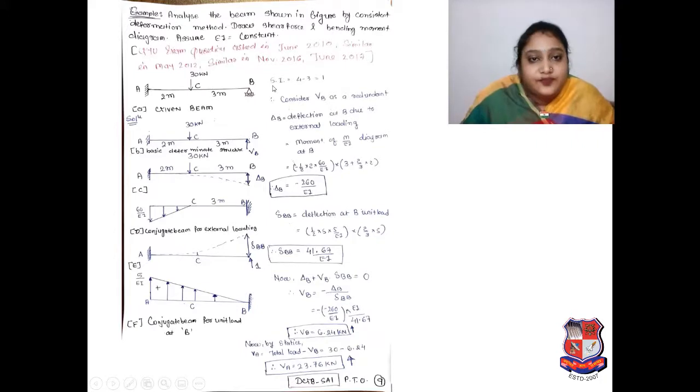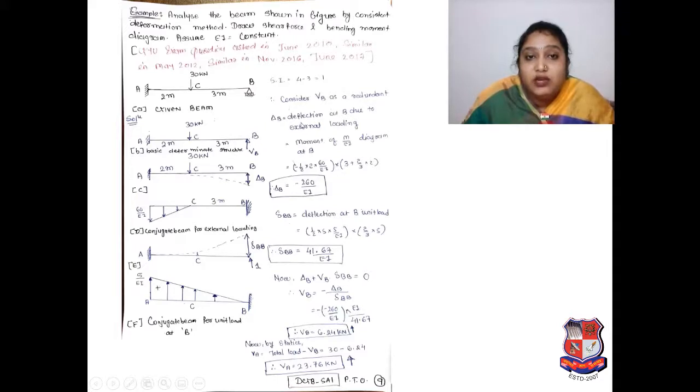Then here SI is equal to 4 minus 3 is equal to 1. So what is that? Very initially I told, what is that? Forces minus your static equilibrium conditions. Which conditions? Summation of sigma h is equal to 0, sigma v is equal to 0, sigma m is equal to 0. So whatever force reactions are there, 4 minus your static equilibrium conditions number 3. So 4 minus 3 is equal to 1. Therefore, consider VB as a redundant.